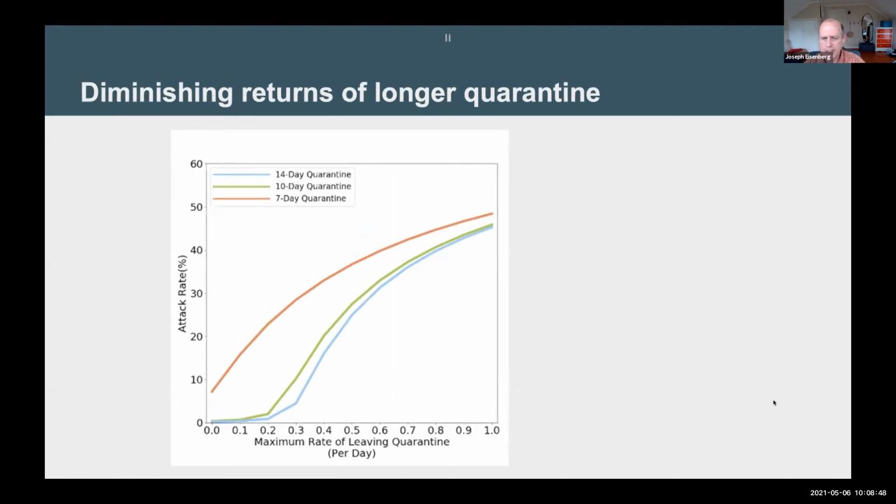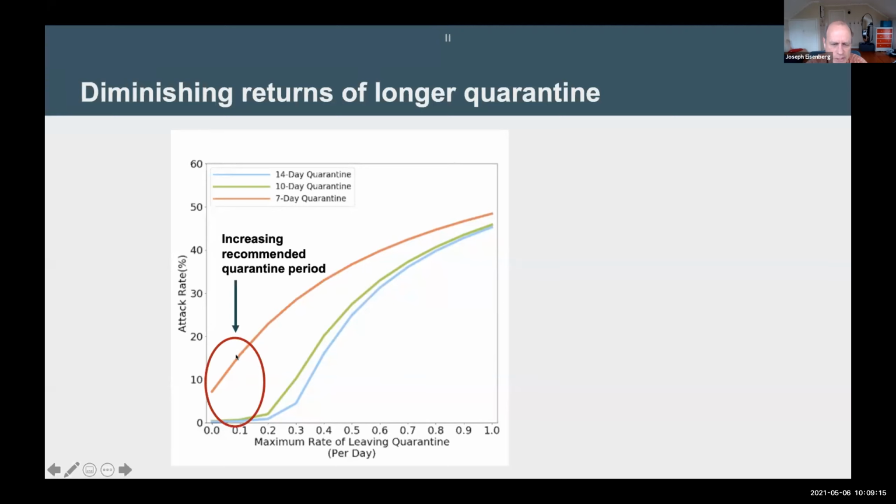So here are some results that come when we simulate these different kinds of models. Here we're seeing on the x-axis increasing rates of leaving quarantine, or non-compliance. The y-axis is the attack rate, or you can think of that as the cumulative incidence. And so